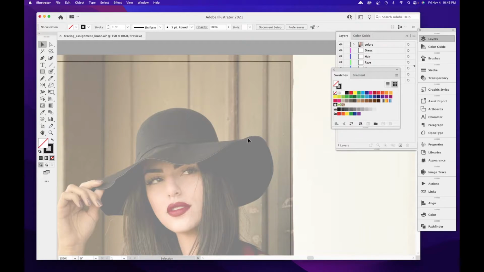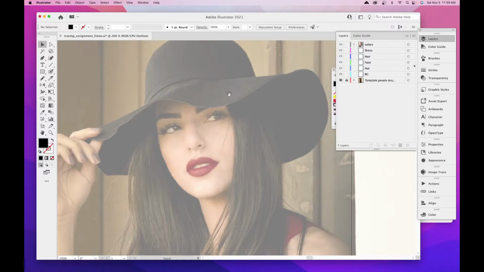Another tool we're going to get into a little bit is the pencil tool as well. It's not as accurate, but it's a little more intuitive. So we'll practice on some selections that don't matter as much, where we could create some shapes. Okay, so what I'm going to do now is use my pen tool to create the shape